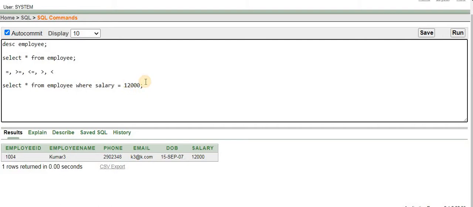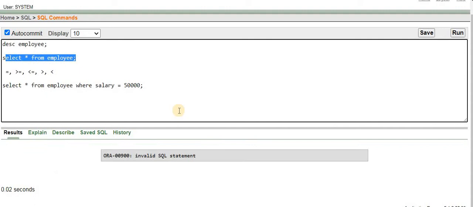If I make it 11,000, you can find that it returns another employee record. If I make it 50,000, I am sure that 50,000 is not available. Let us check whether 50,000 is available or not.